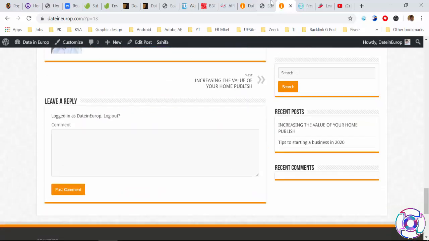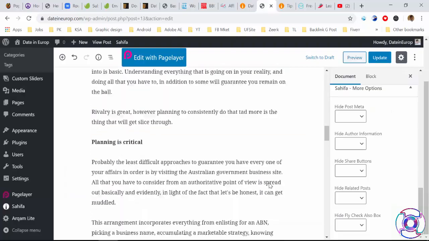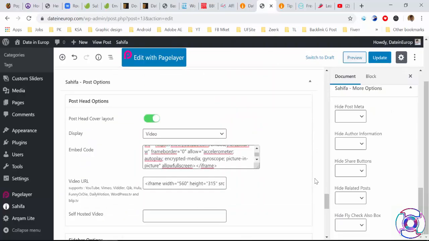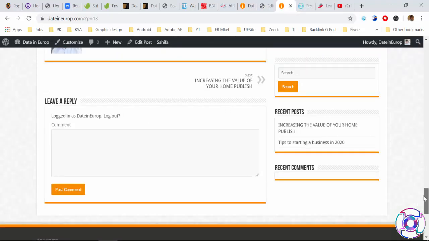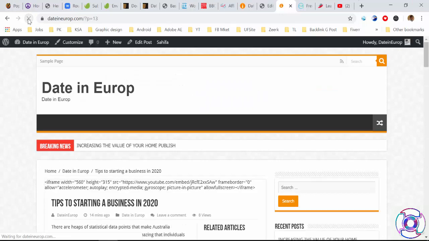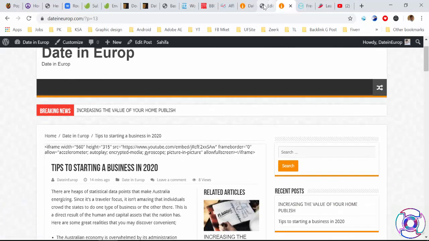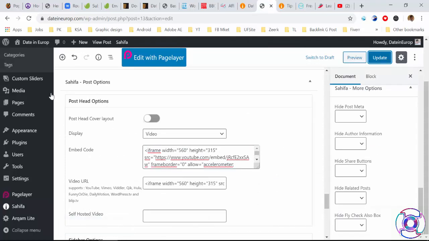So post head cover, update, click on that. I think there is some issue with the theme, and this is for the Shifa theme post option. Okay, so I'm going to click this one like that.